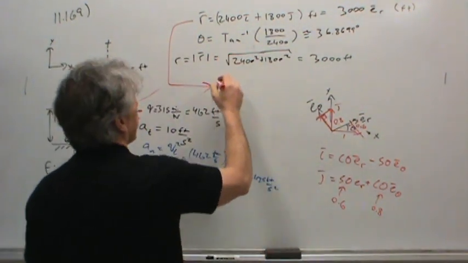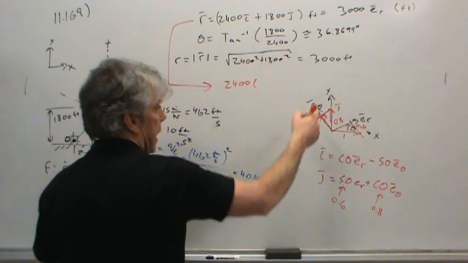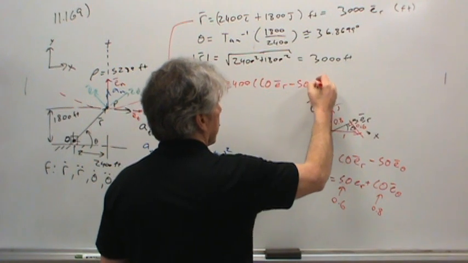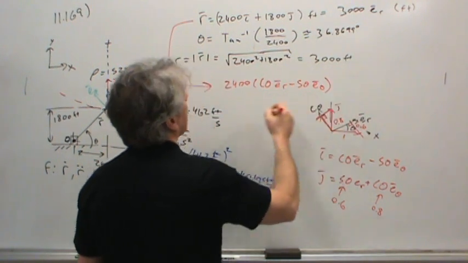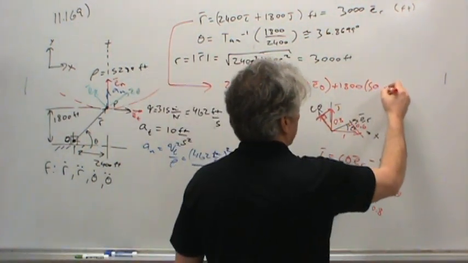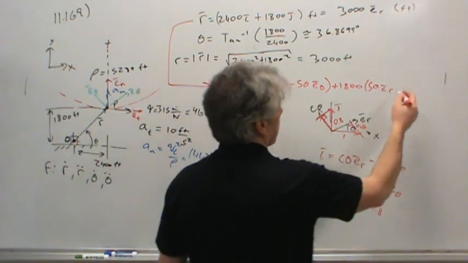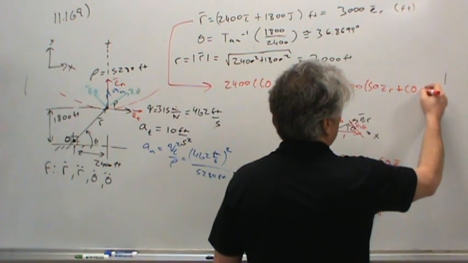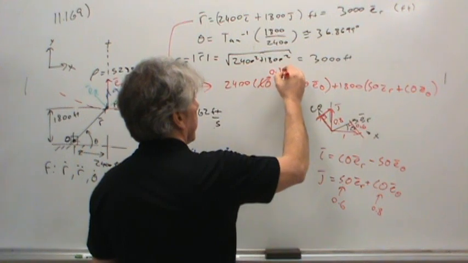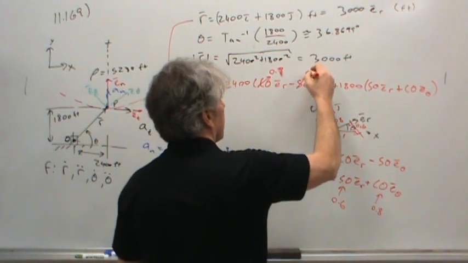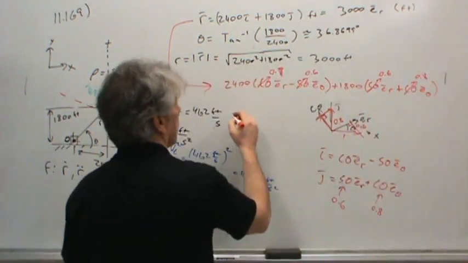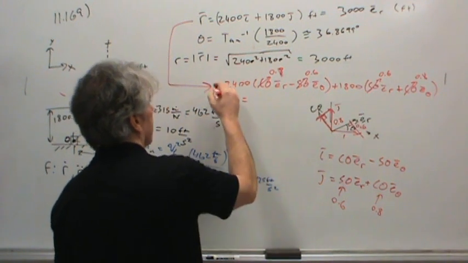But anyway, so if we write 2400 I, but I is cos theta ER minus sine theta e theta, plus 1800 j, but j is sine theta ER plus cosine theta e theta. We know that cosine of theta is 0.8, sine theta is 0.6. So now we should be able to represent R, that's what this is,